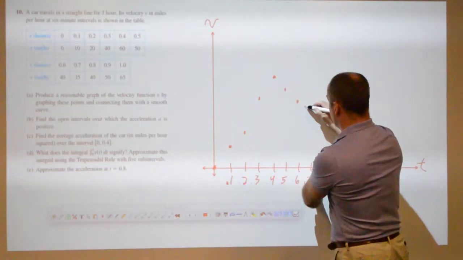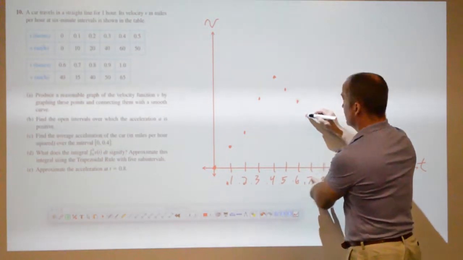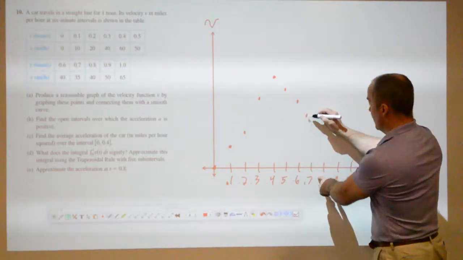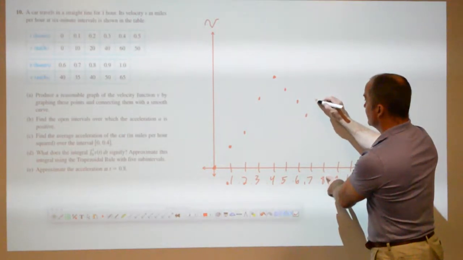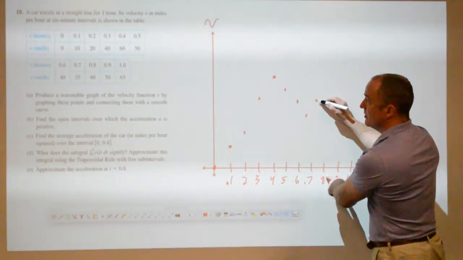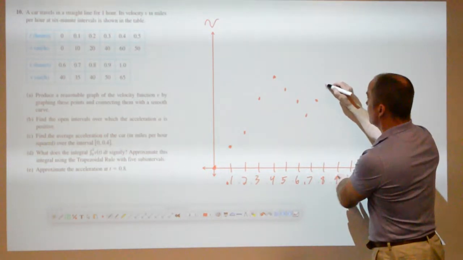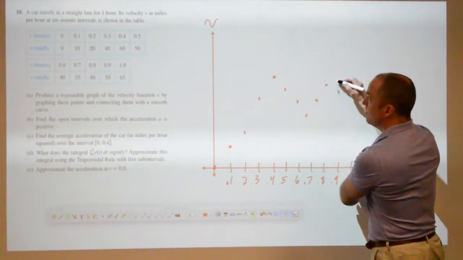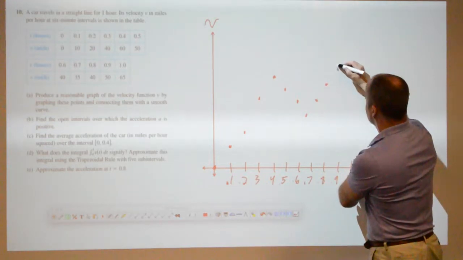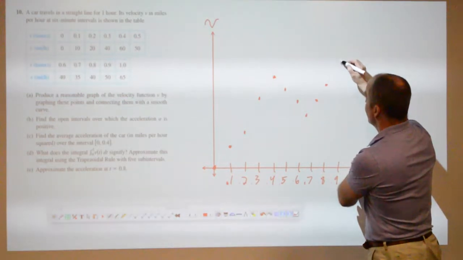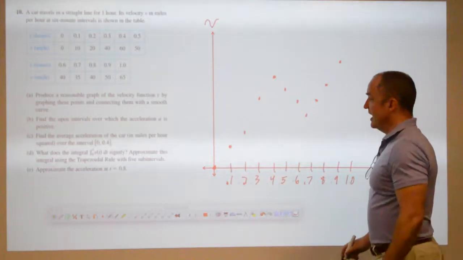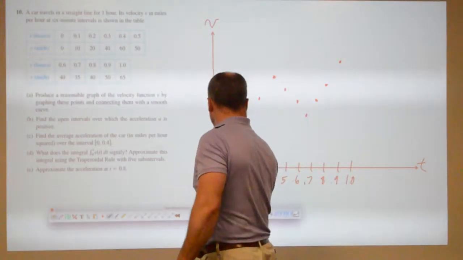At 0.7, he's at 35. That's a good height for that. At 0.8, he goes back up to 40, same height as the other two. At 0.9, he's back up to 50. We hit that once before. At 1.0, he's at 65. Is that the fastest he's gone? Yeah. Okay. And if you wanted to connect this with a smooth curve,